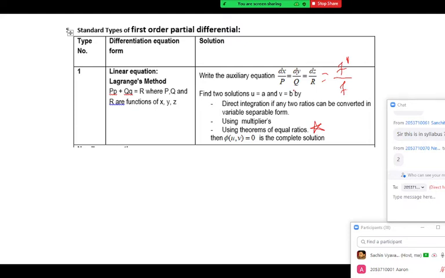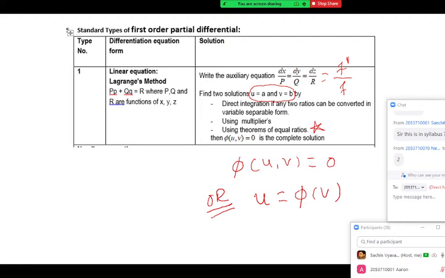And now when you have two solutions, u equal to constant and v equal to constant, then the general solution of Lagrange's equation with one arbitrary function can be written as function of u comma v equal to 0. Now this solution contains one arbitrary function. There is another way also to write the solution, and that is u is equal to phi of v. Okay, so you can write it either in implicit form, function of u comma v equal to 0, or u equal to function of v, or v equal to function of u. So those are the ways of writing the final answer of Lagrange's PDE.